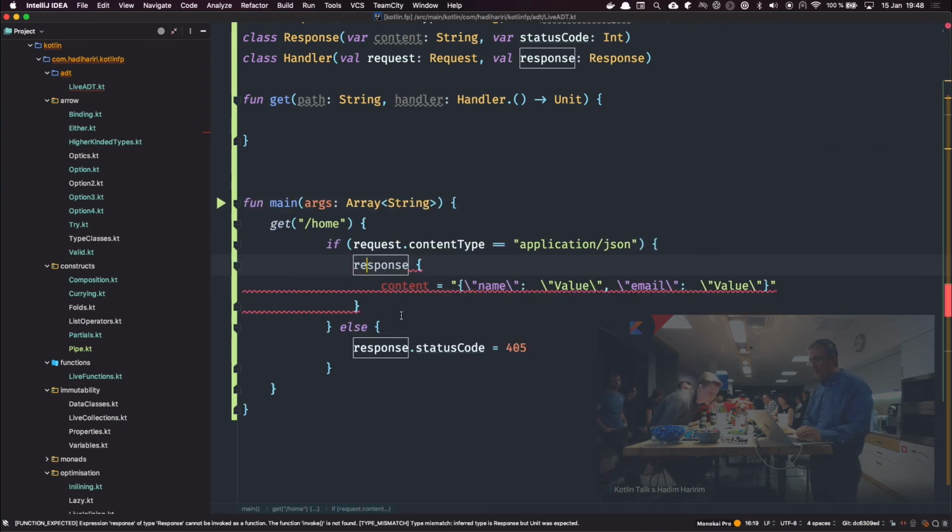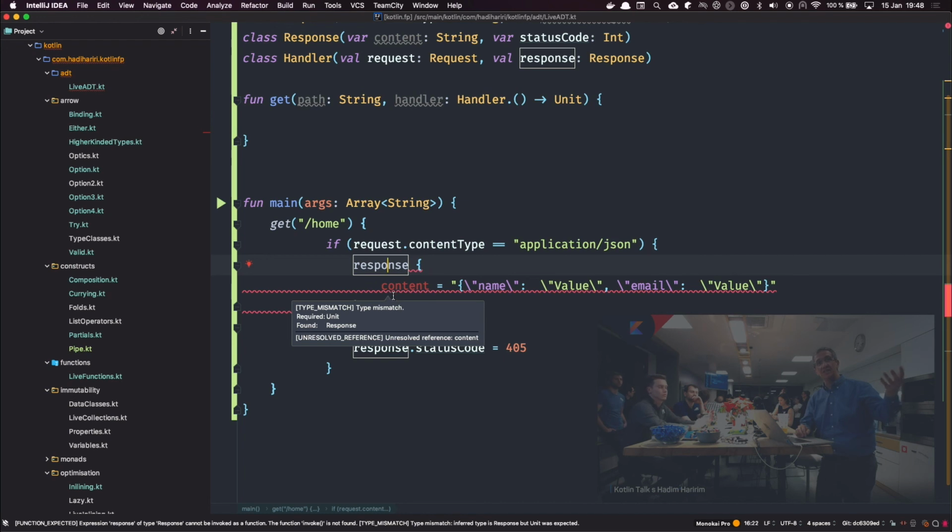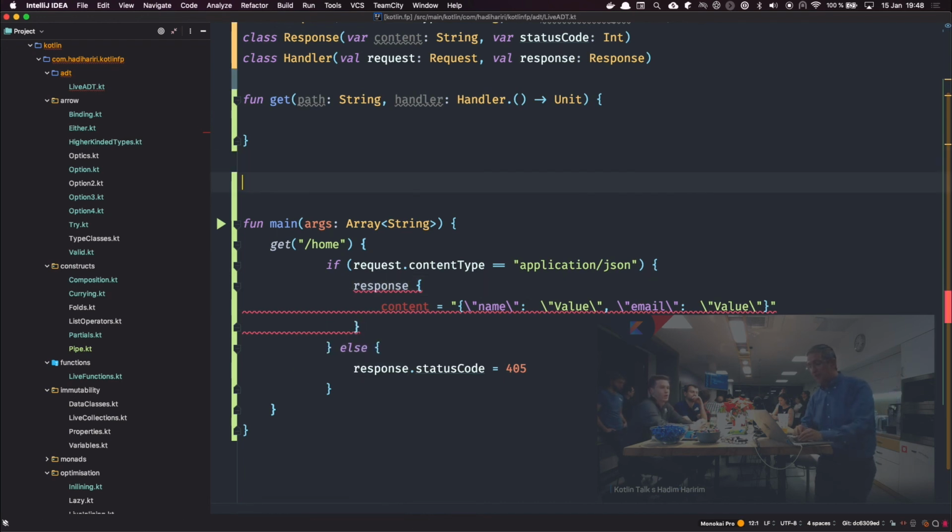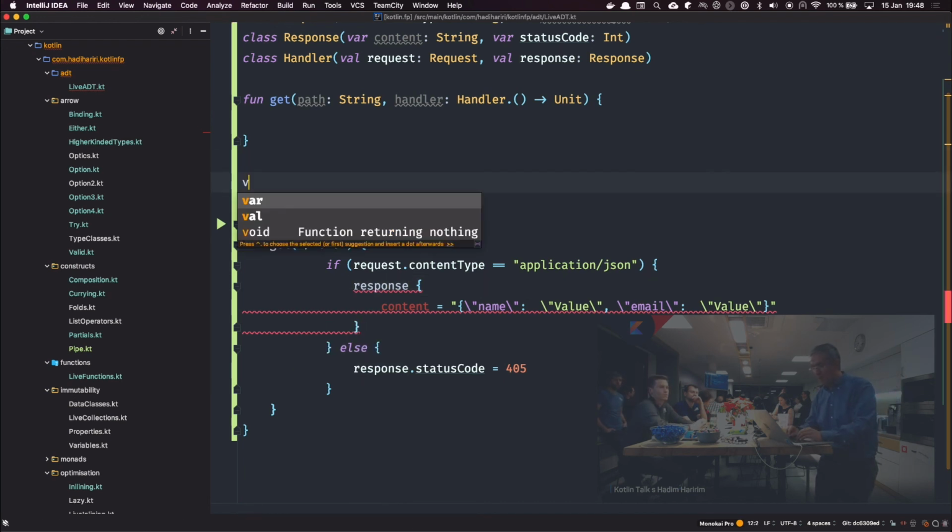Well, what am I doing here? Here I'm doing response, and then it feels like I'm passing in a lambda. So what I'm actually doing is I'm invoking an instance. Okay? So could I invoke an instance in Kotlin? Well, if I have,